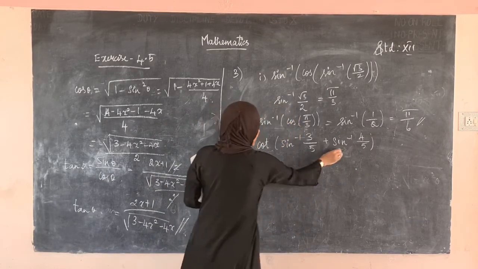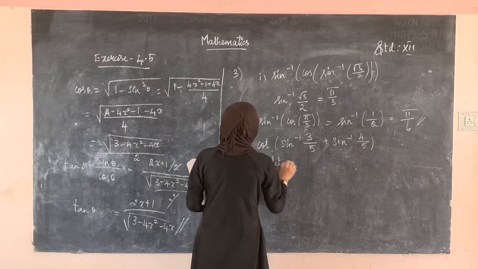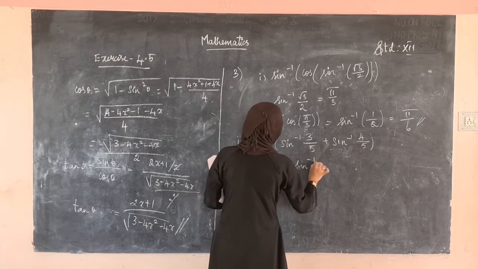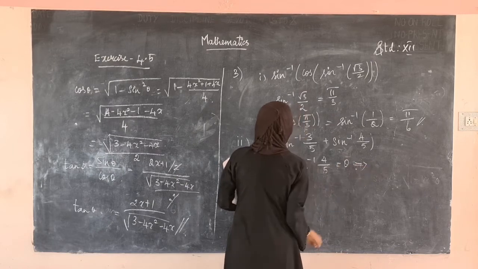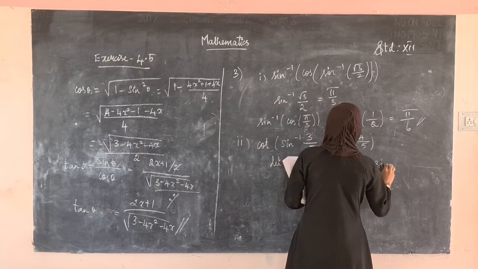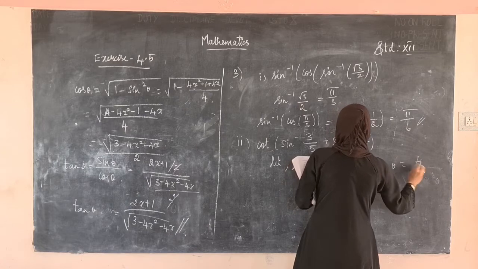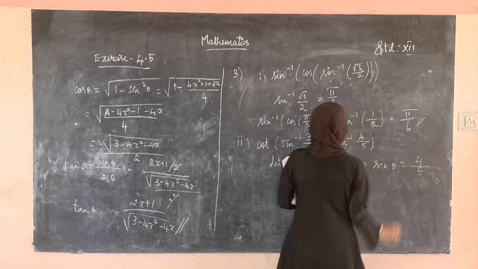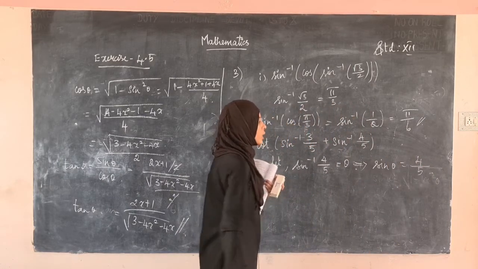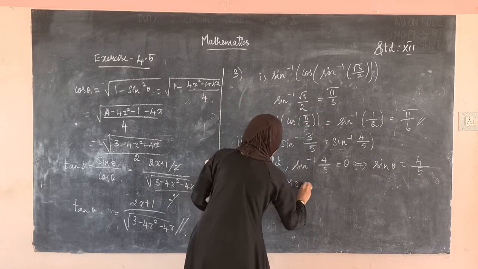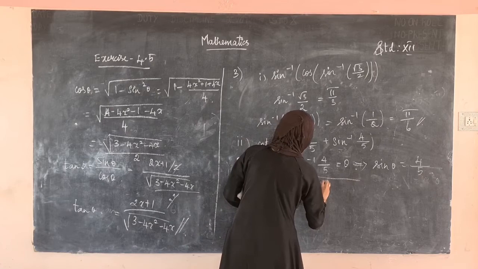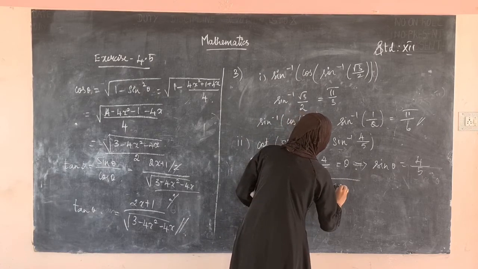Now let us take this. Let sine inverse of 4 by 5 is equal to theta. From this what we can take? I can write sin theta is equal to 4 divided by 5. Okay. Using this shall we find cos theta? How can we find? Cos theta will be equal to root of 1 minus sin square theta.